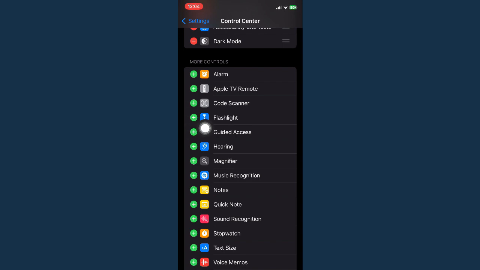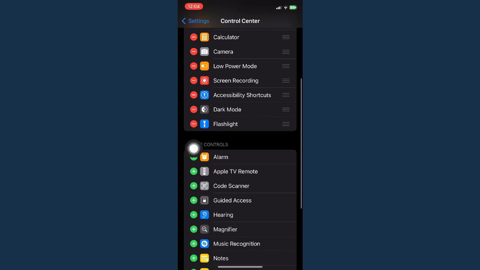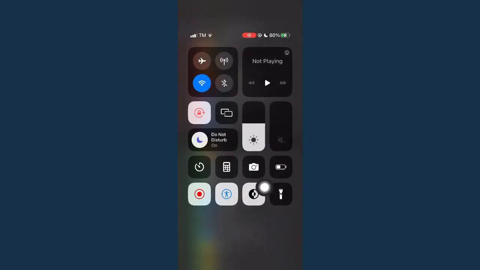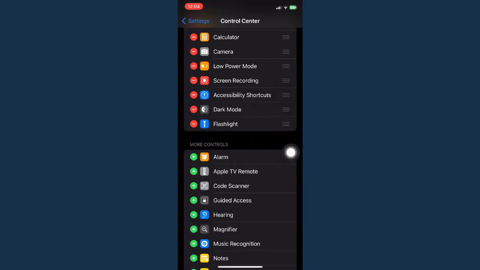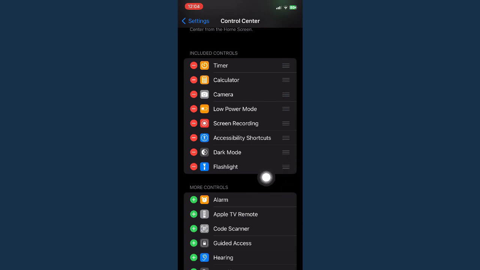Click on the plus button found on the leftmost part of Flashlight and then it will be added to your Control Center. Now go to your Control Center and then you may be able to see the flashlight option right here. Then, if you want to reorder your buttons or your shortcuts, you need to click on these three lines